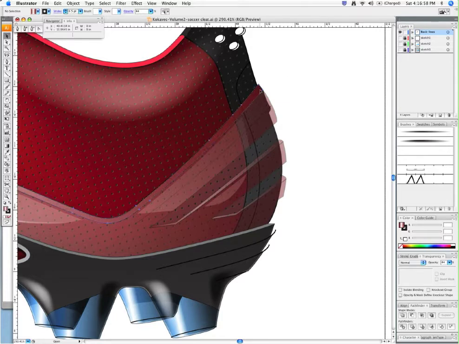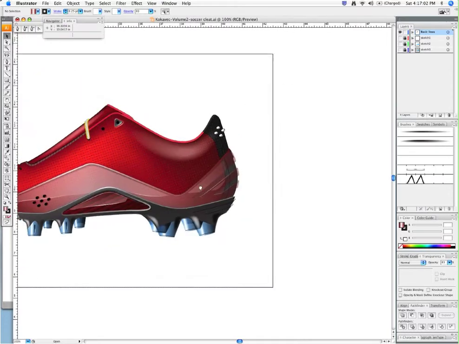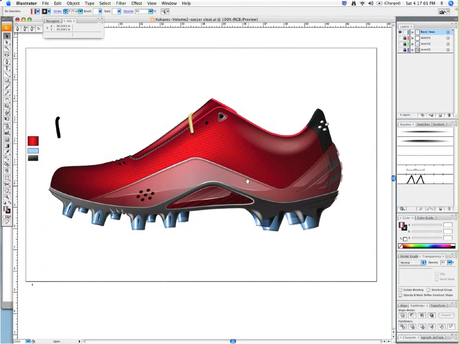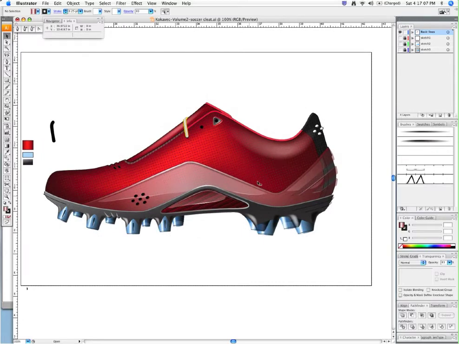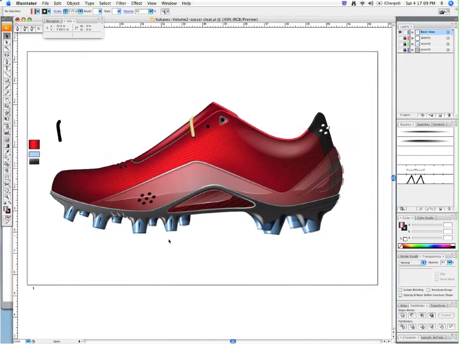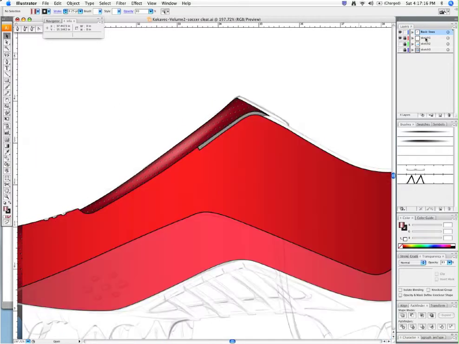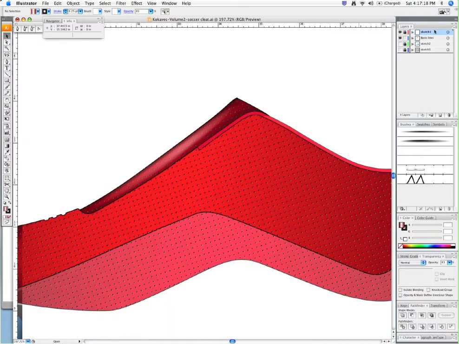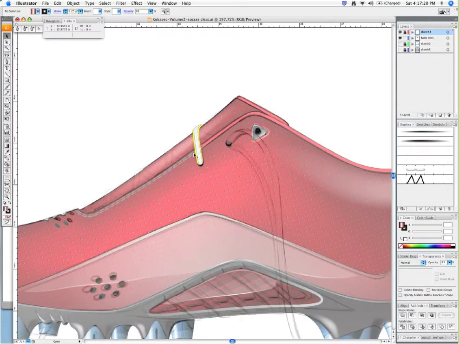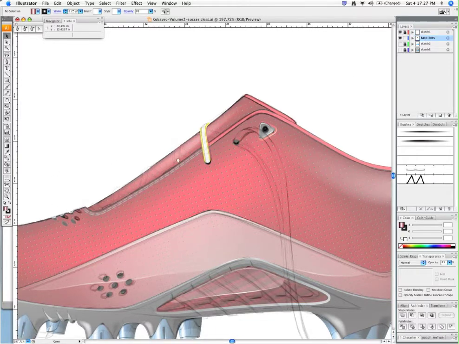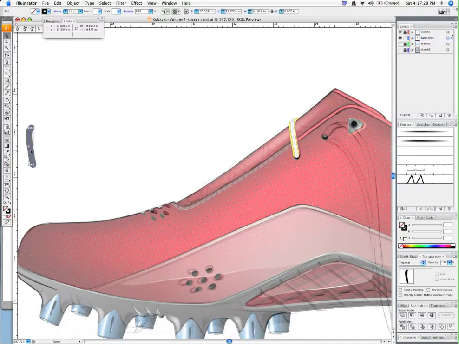Okay, so now that we have that in place, we're off to a pretty good start. Now let's finish up our lacing system here. So I'm going to show the sketch. I'm going to move it on top just so I can see where my lines are. And I'm going to create my new lines using that brush that we already